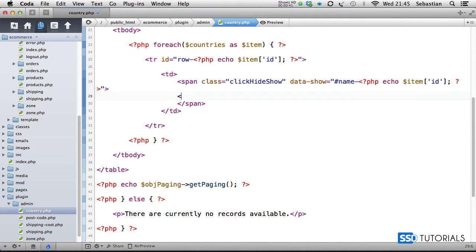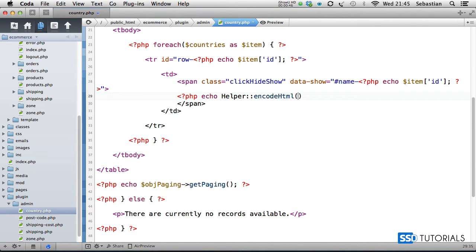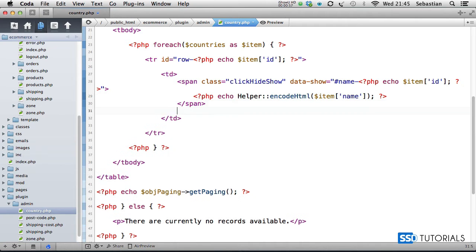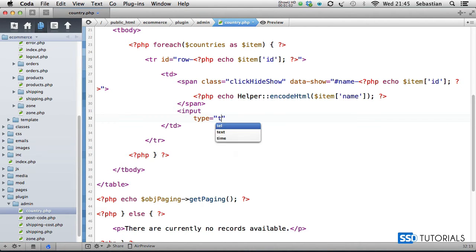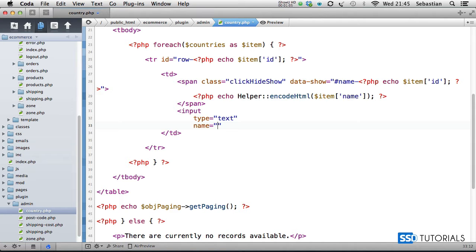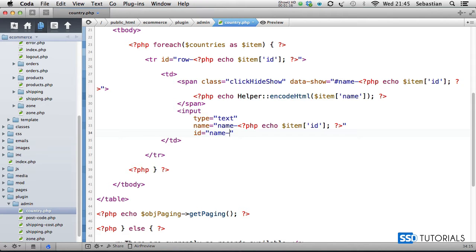In between we simply echo helper encode HTML, and we go item name. So that's our span, which is displayed obviously to start with. Then we create the input tag, which is hidden when the page first loads. Then type text. Then we have name hyphen echo item ID. Then we have ID equals name hyphen echo